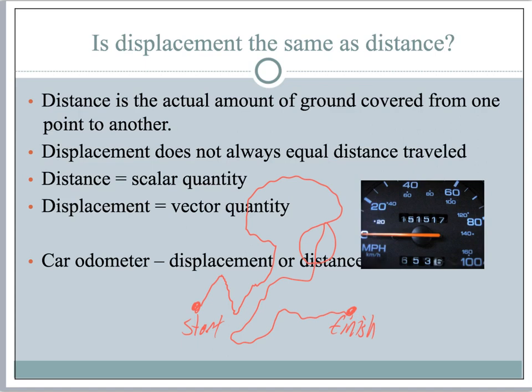The distance from, or the change in position from here to here in black would be my displacement, okay? So the displacement here is just this straight line path that's in black. The distance is every little bit in red that I covered. Every part that's covered in my distance is considered in the value.